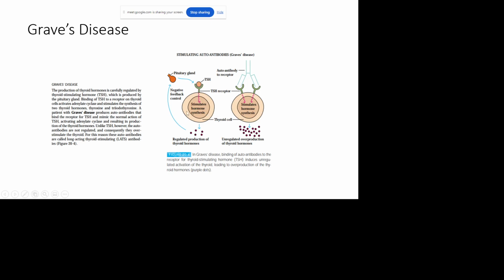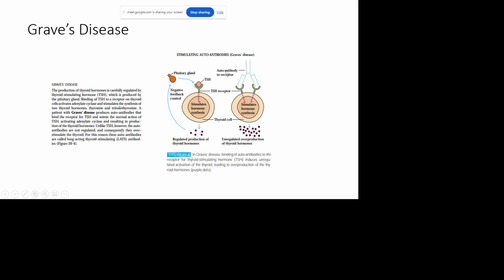So this interaction will activate a downstream signaling cascade, which will stimulate the thyroid hormone synthesis, and the hormone will be secreted, right? And this regulation is maintained because the secreted thyroid hormones act as a negative feedback control, right? So it will inhibit the TSH secretion by the pituitary gland when there is an excess amount of thyroid hormone. That's how the regulation is maintained, right? But